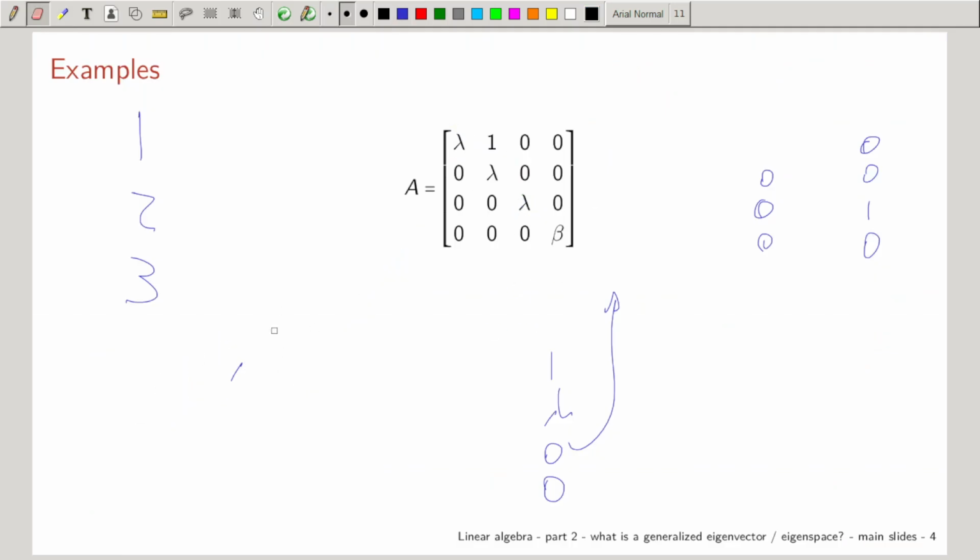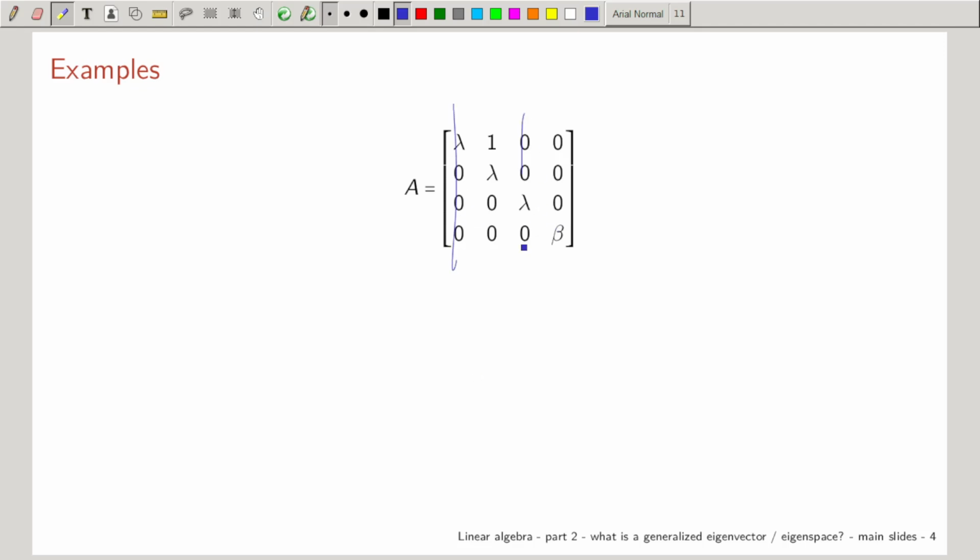At this point, geometric multiplicity of lambda, 2. Algebraic multiplicity, 3. Multiplicity in the minimal polynomial, 2. Together? Perfect. If I consider also beta, how many linearly independent eigenvectors will I be able to find? 1, 2, 3. I'm missing one, I cannot form a basis. Okay? Now, if I do